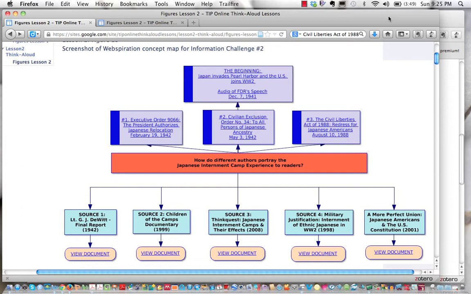I selected this topic because it's a critical part of American history that profoundly influenced the United States during World War II. But unfortunately, it's a topic that is rarely covered in any depth in most U.S. history textbooks. The lesson as a whole focuses on reading critically across 5 diverse online sources that I've organized in